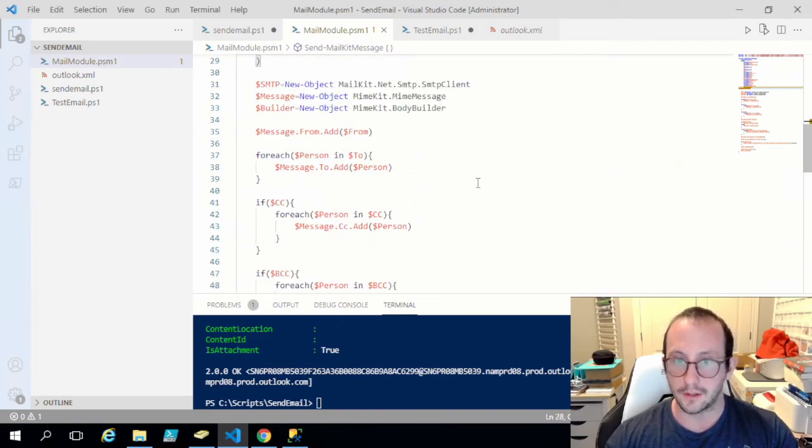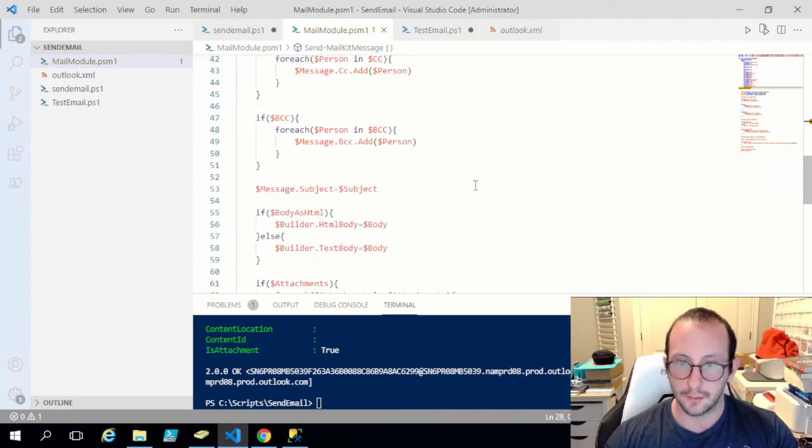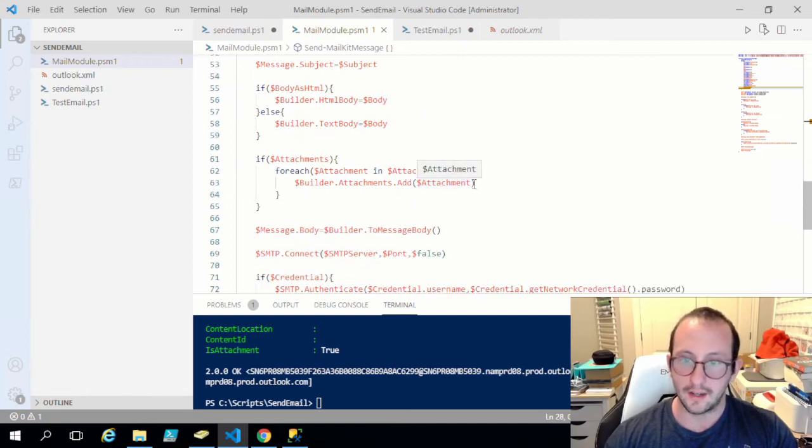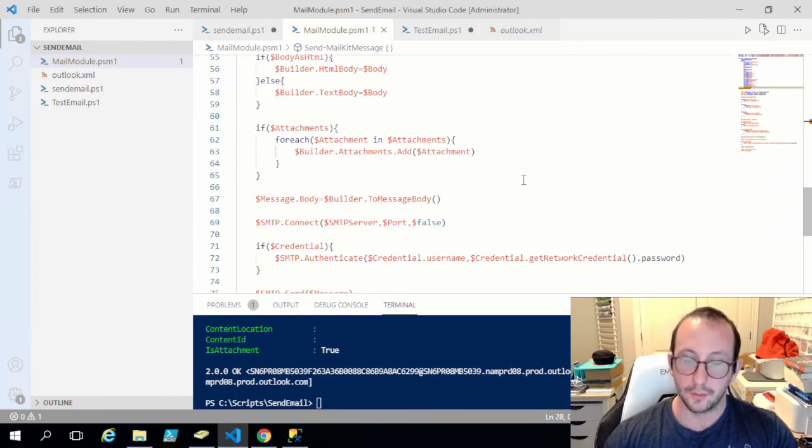for me anyways. But the CC, BCC, I use it all the time. Subject and body, of course, is always very useful. The ability to send attachments is very, very useful. The ability to really make that an HTML body is super handy if you want to make nice email reports,